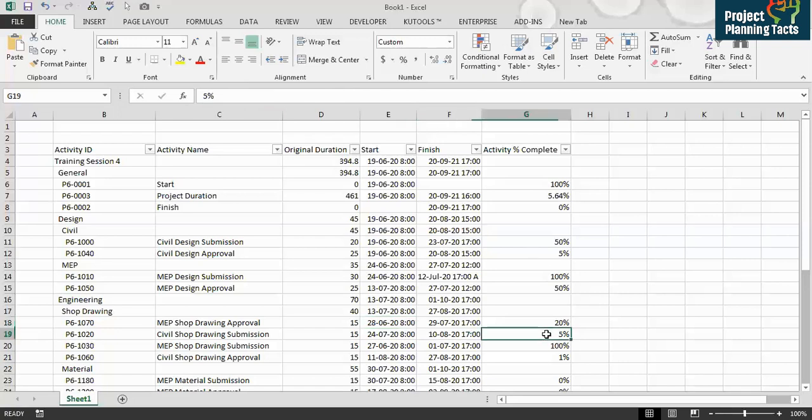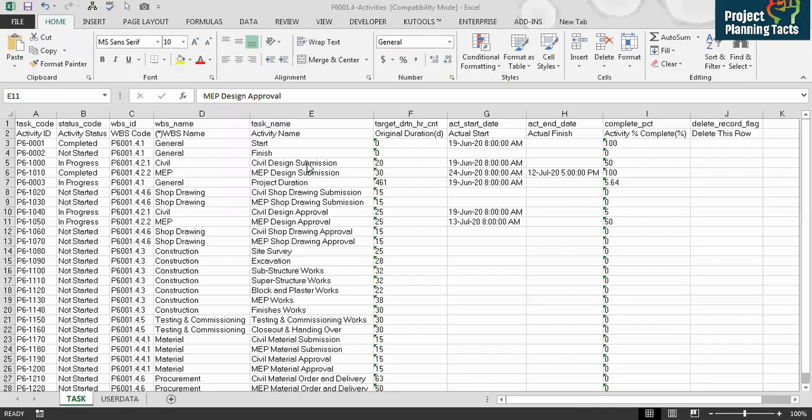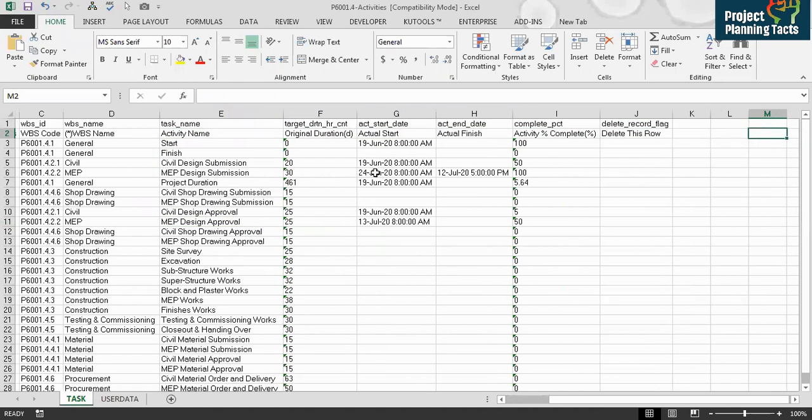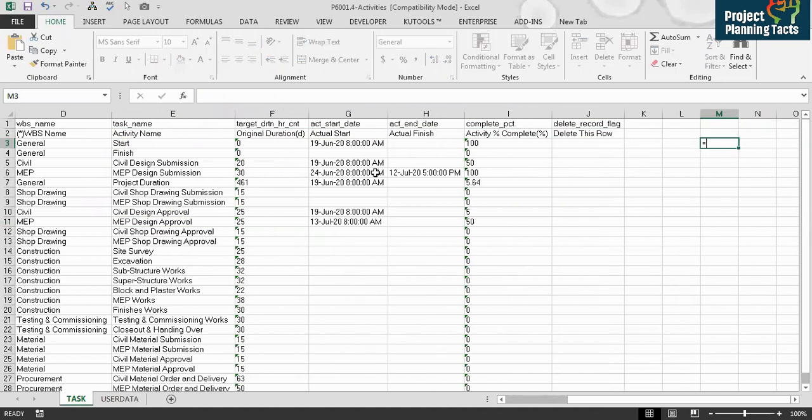Okay, the other dates, let's say here we have got 24, so I will make it 24th June, and then civil approval I will make 25th June. All right, so we are going to update only these 4 activities. So I will apply a lookup from here and get the data there. You might not see it, but you will see the lookup on the other sheet. So let me share the other sheet. That is the sheet where we are going to update. Simply come to the right hand side and apply VLOOKUP.